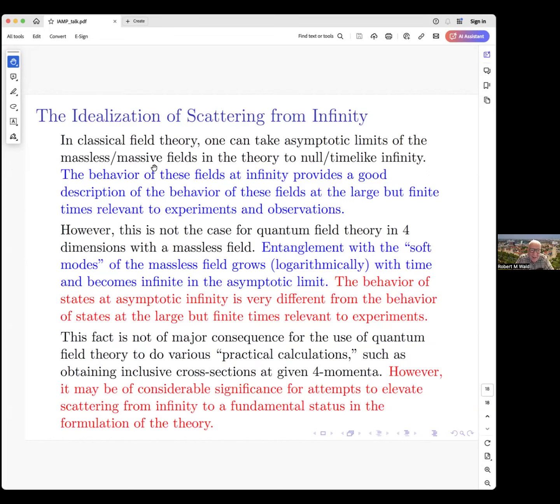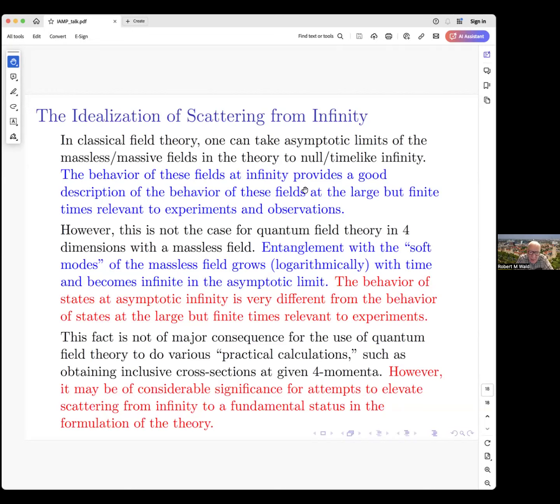It's certainly very useful to take limits to infinity, and the limit at infinity does, in the classical case, I'm claiming, give a good description of the behavior of fields at large but finite times that are relevant to real experiments